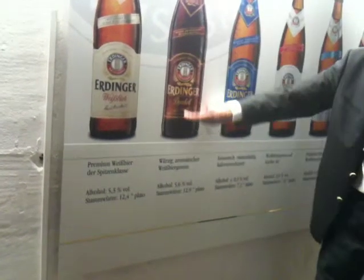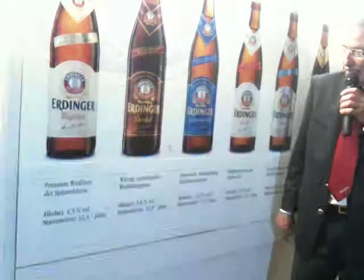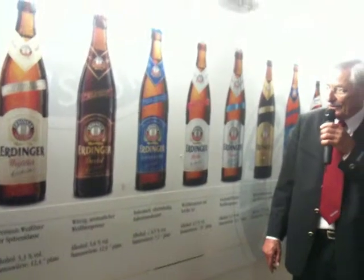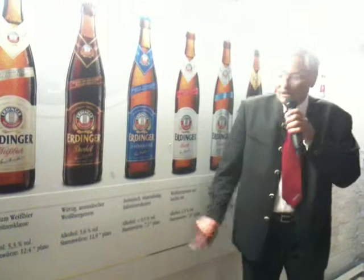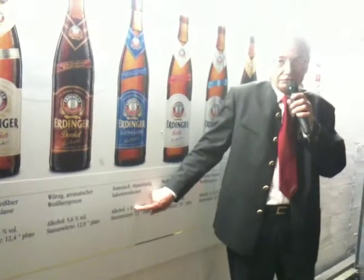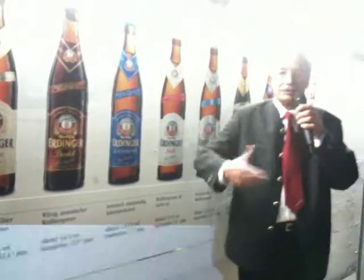Here we have our dark one, a very tasty one. You see 5.6 alcohol, slightly higher in the concentrate. Then we have here an interesting concept. It's alcohol-free. 0.4 to 0.5% alcohol. This is a very good running concept, and people who are doing sport activities like it very much